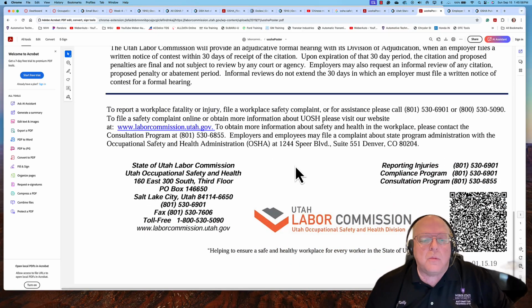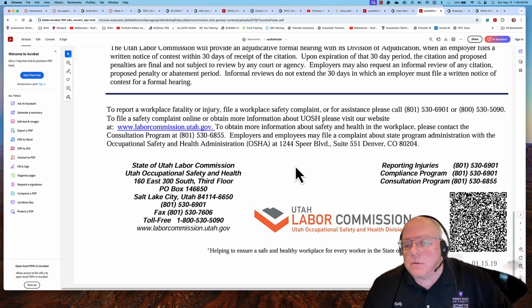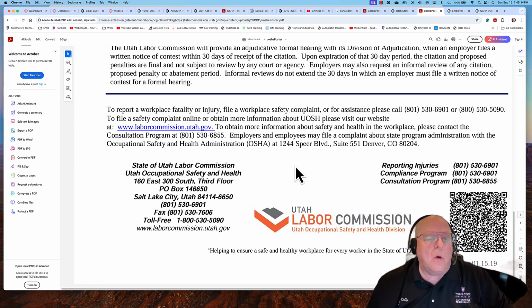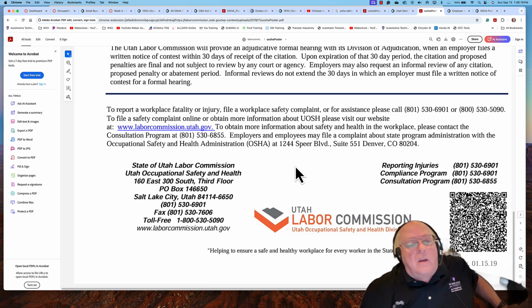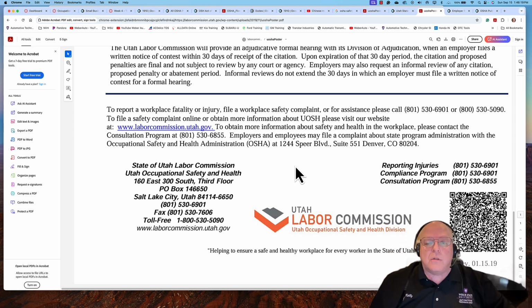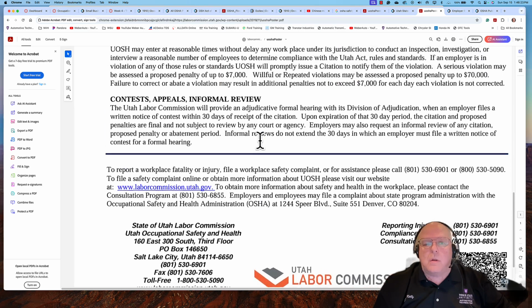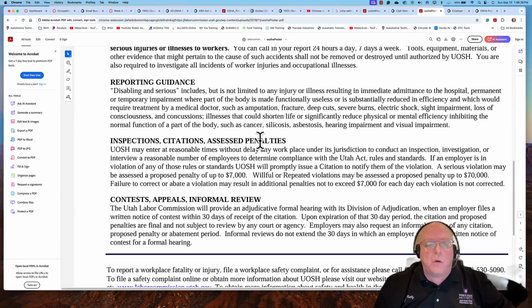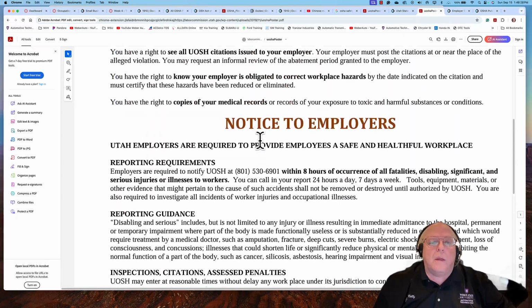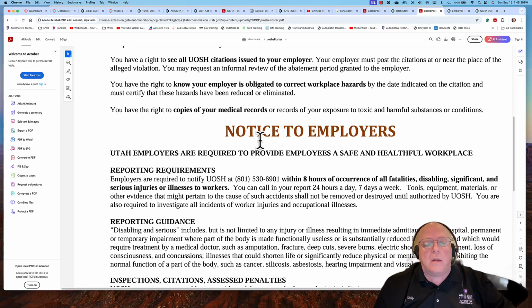Weber State is part of the state of Utah's state-run higher education system, and Weber State has their own department of people that go around. And so if I got injured at work here at Weber State University, I wouldn't even contact the Utah Labor Commission. I would contact my employer, and then they would decide whether or not it needed to be escalated